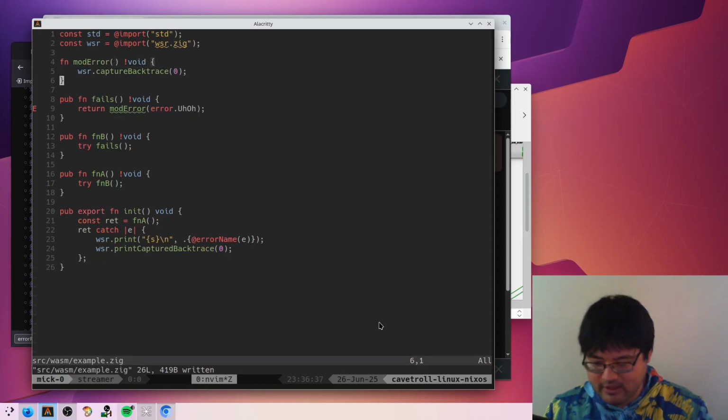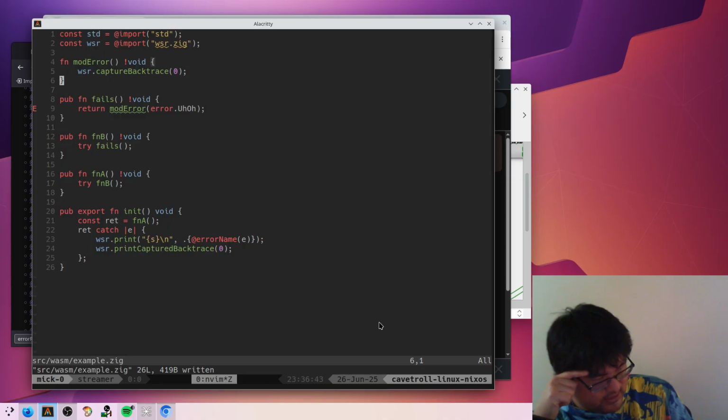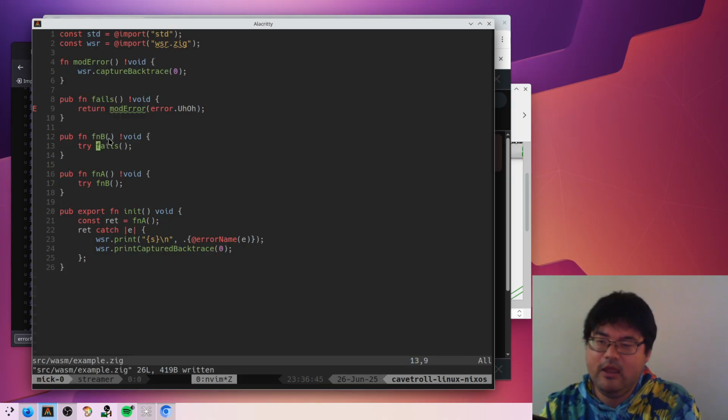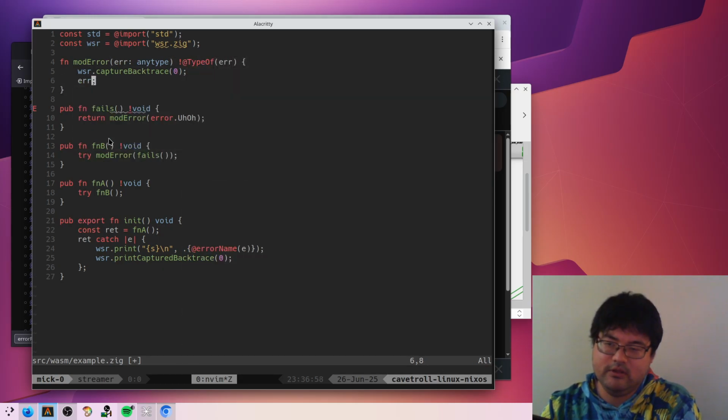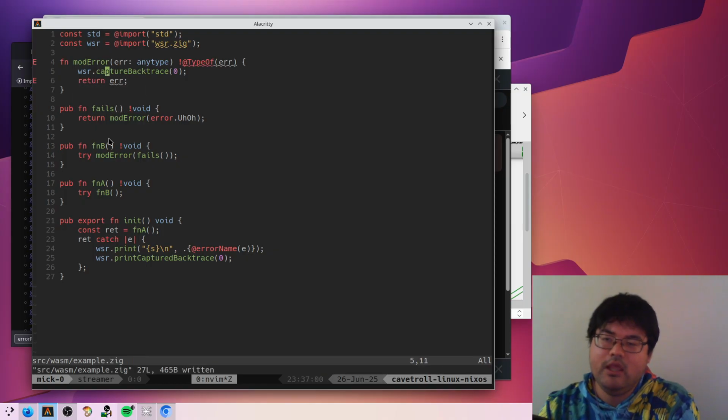But it means that at every point I'm calling into any function that can fail, I need to know, did I already capture the stack trace? Because if I were to do this here and here, let's actually put the type here. So this is an any type. He returns himself, and he then does return here, right? If we do this,